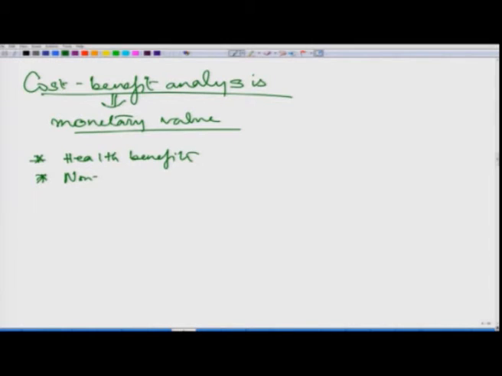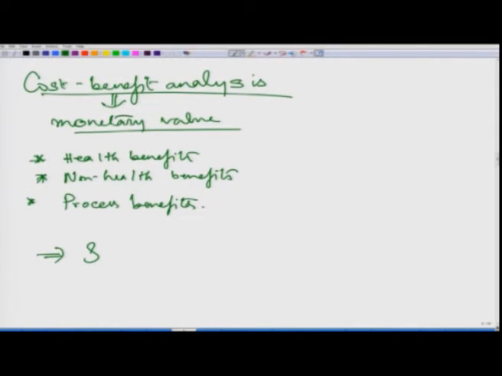non-health benefits, opportunity cost and opportunity gains, process benefits, similar to what we have seen for cost utility analysis, right? And we need to look, when we are doing a cost benefit analysis, which is mostly used in health and a lot in environmental economics anyways. So we have both this societal perspective as well as institutional perspective,